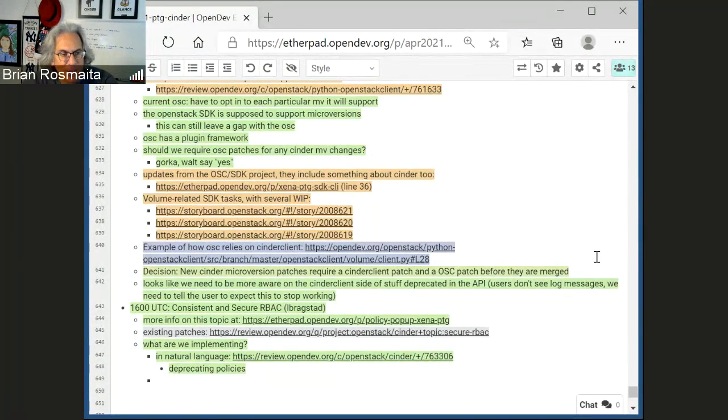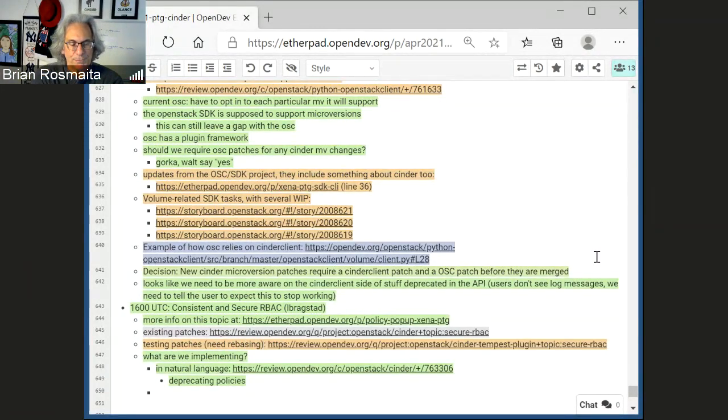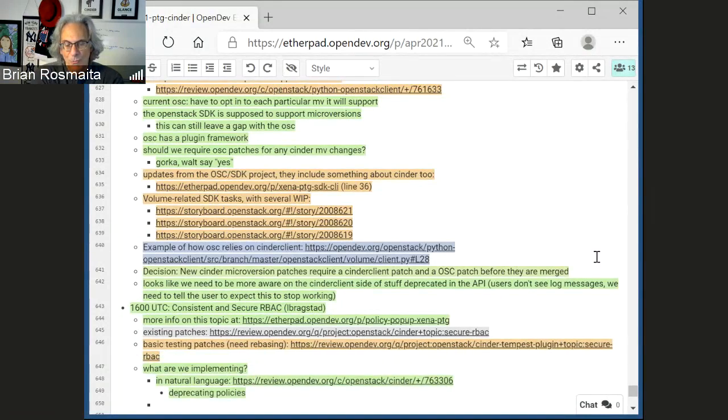Okay, so we've got the big set of policies, and the new stuff that we're trying to implement is to take advantage of scoping that was introduced into Keystone in like Queens or something. What the scoping allows you to do is it gives you another dimension on the token that you get.